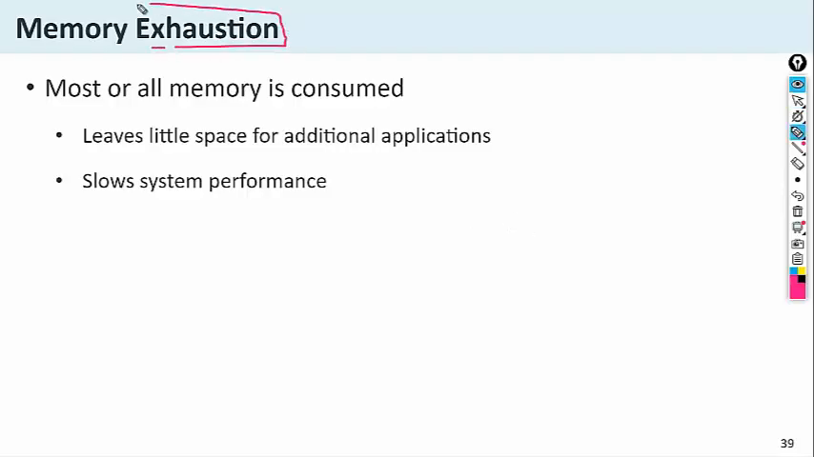What is memory exhaustion? Actually it means overutilization of the memory. It means that all the memory which exists is consumed. It may be that most or all physical memory is consumed by the application, or there is very little space remaining for additional applications. Meaning one application is already running and using all the memory, and there is very little space remaining for other applications,